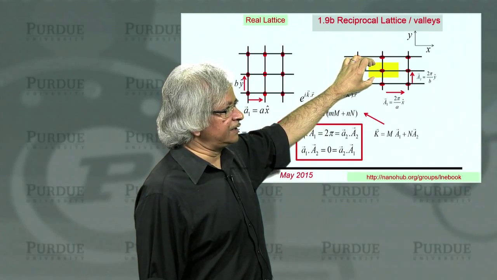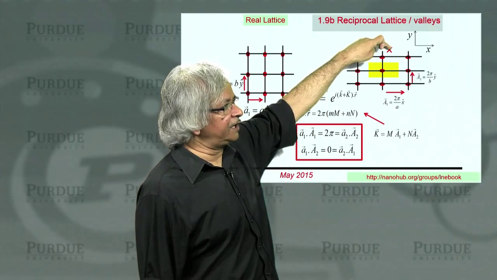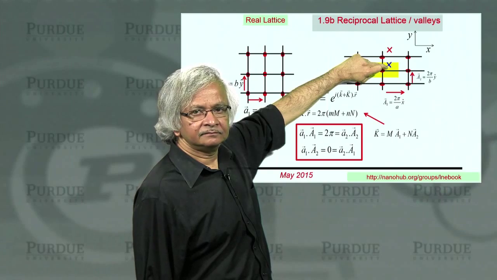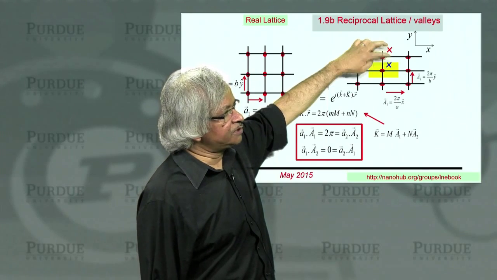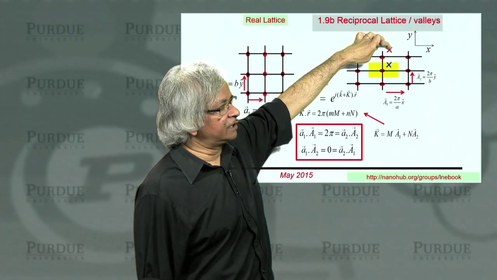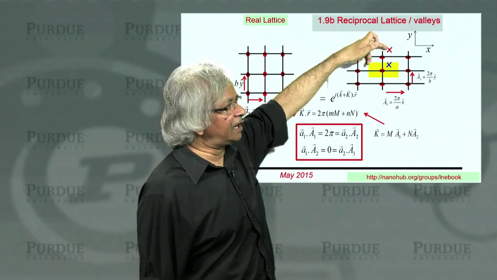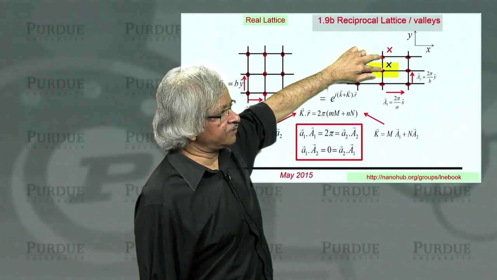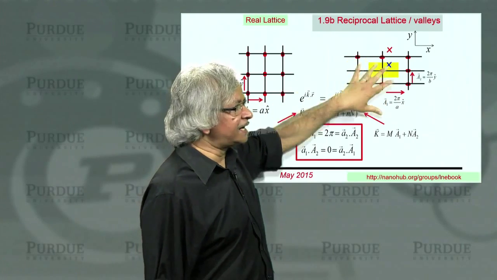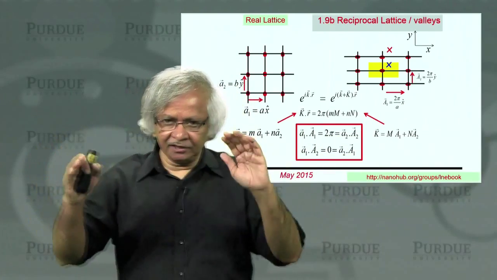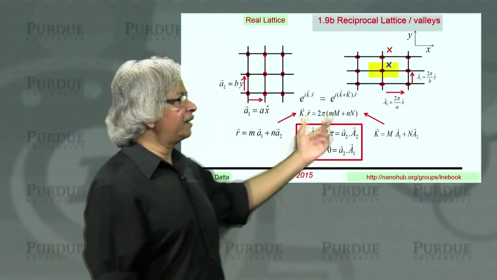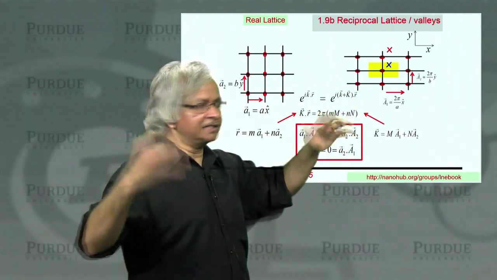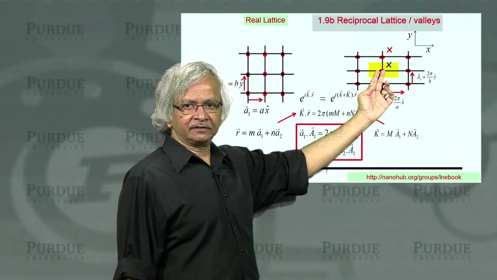And the idea is that if you had another point K out there, there's always an equivalent point inside, which means you don't need to look for a solution corresponding to the red X. It's really covered by the blue one, because they differ by a reciprocal lattice vector. So this is the idea of the Brillouin zone, the domain in K space where you need to look at your eigenvalues. Anything outside is basically equivalent to something inside it.